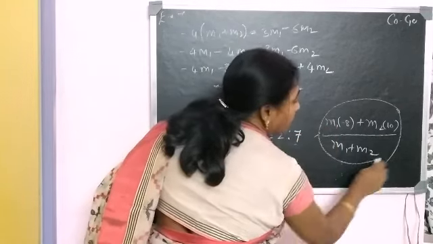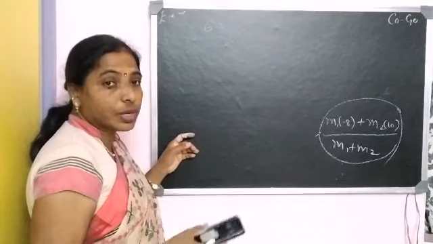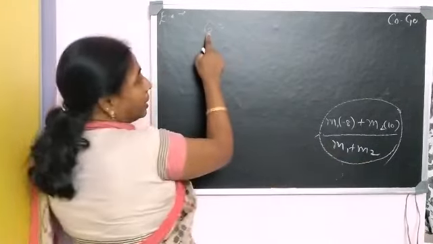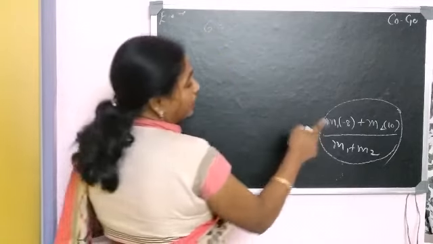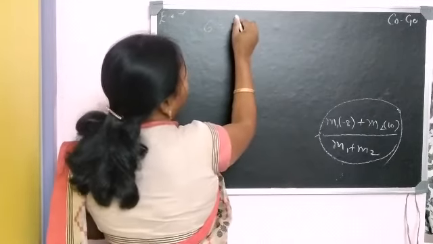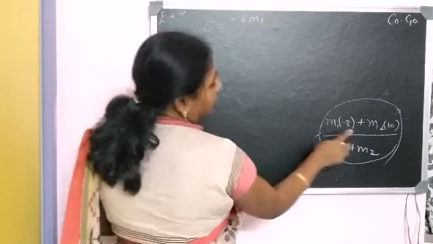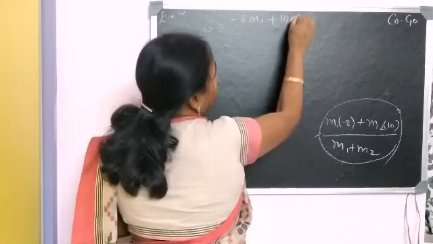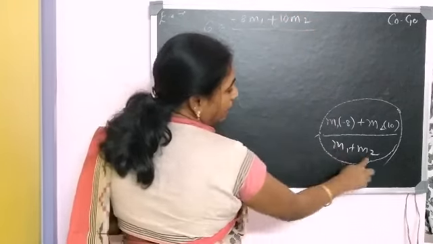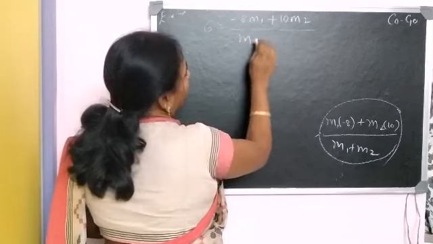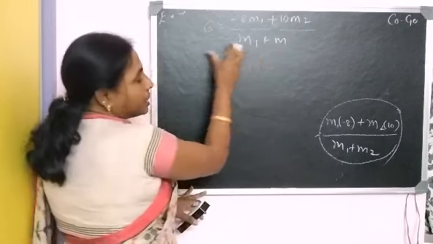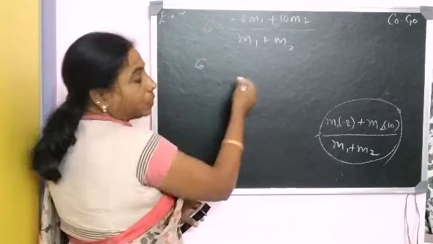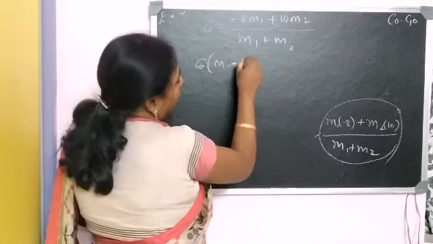Similarly, I will take this part also now. Similarly, for the second one, let us see. The second part I have taken here and it is equal to 6. The second part was 6. Therefore, 6 is equal to minus 8m1 plus 10m2 divided by m1 plus m2. Now, let us bring this m1 plus m2 to the other side again. So, 6 into m1 plus m2. Therefore, let us take it in the bracket and multiply.